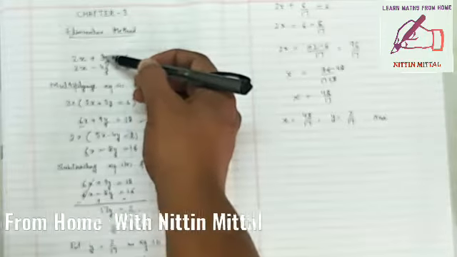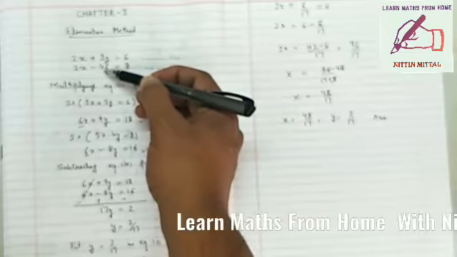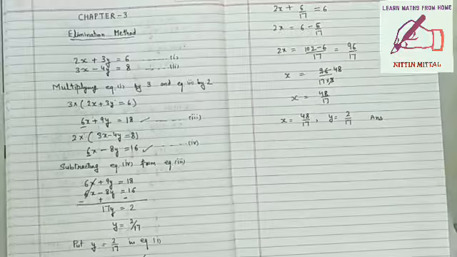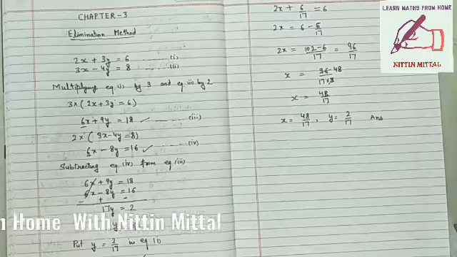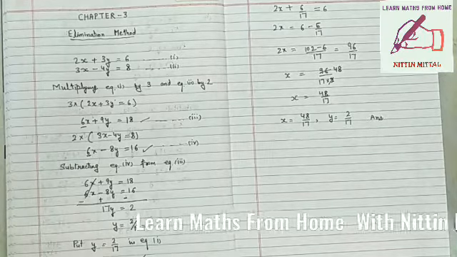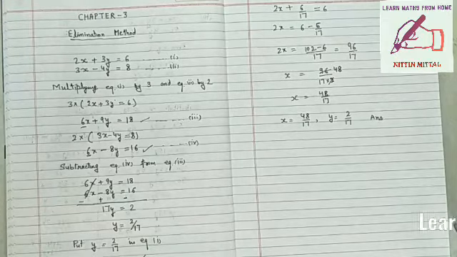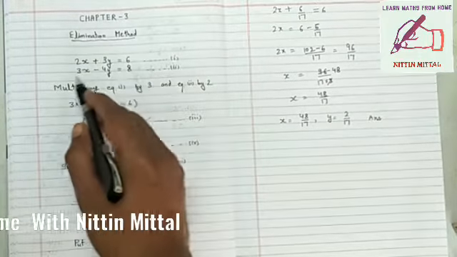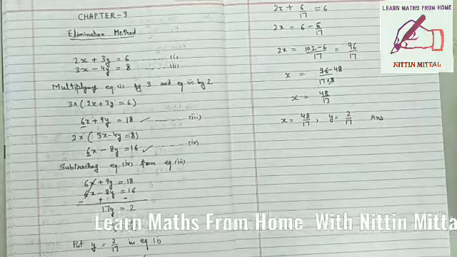Here is coefficient 3 in first equation, and here in second equation the coefficient of y is 4. Right? You need to make the coefficient of y in both the equations equal to LCM of their coefficients. So 3 and 4 LCM is 12. So we have to make the coefficient of y 12. Right? So for making 12, we will multiply the first equation on both sides by 4, and second equation we will multiply both sides by 3. So let me try this also.